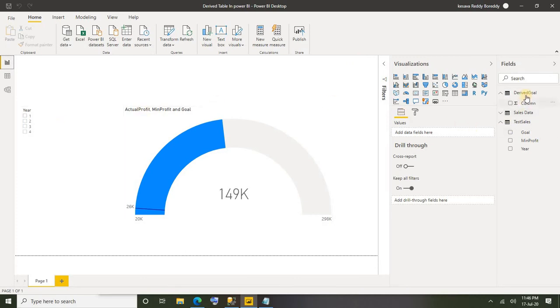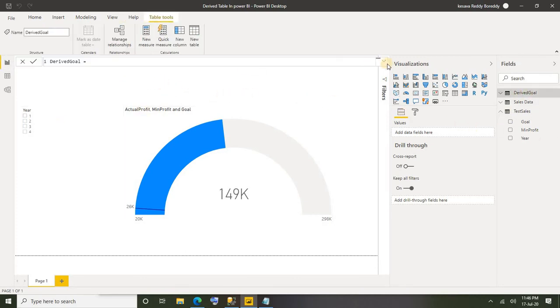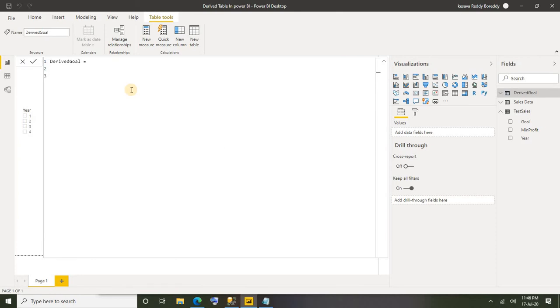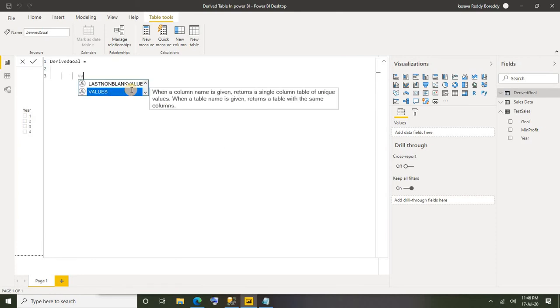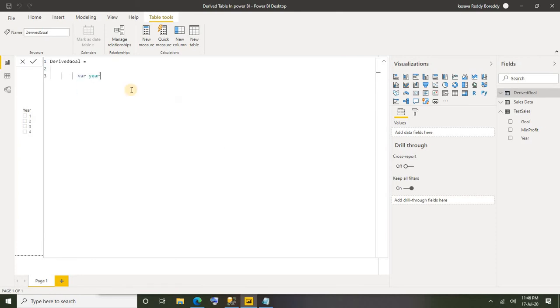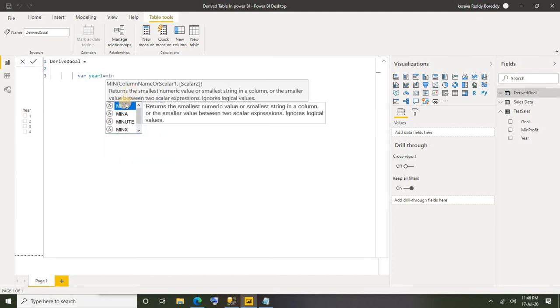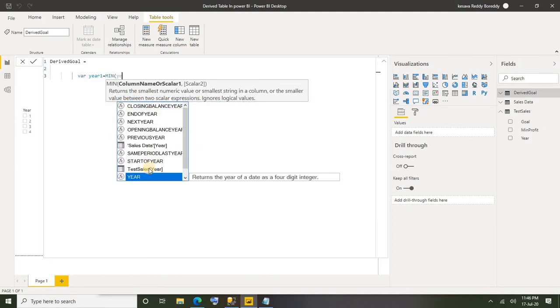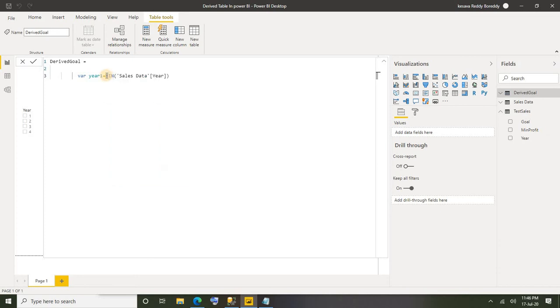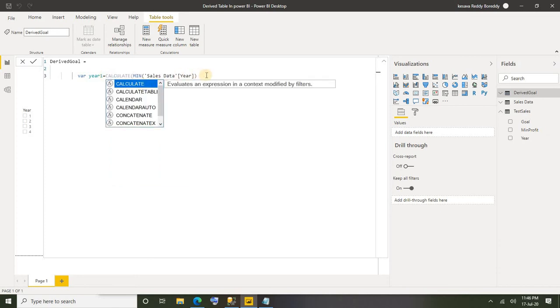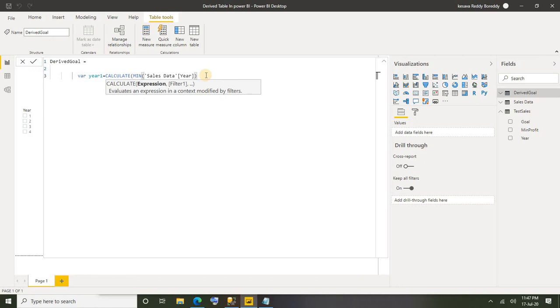Now let's go ahead and create multiple variables here. I'm going to create one variable to get year from the first row. I'm going to name it year 1. That should select the minimum value of year from the main table. It should be based on a condition, so if you want to apply a condition, you need to use the CALCULATE function: year of main table equal to 1. Right, now let me copy this.